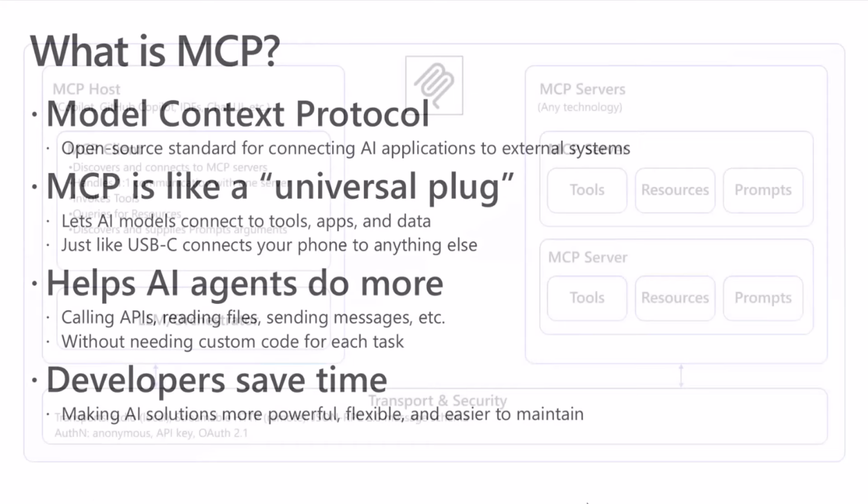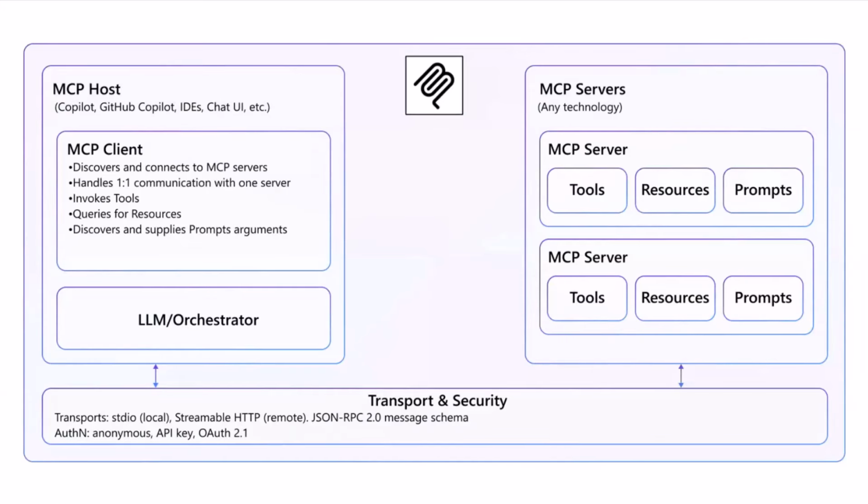How is it possible? Let me explain briefly the architecture of MCP. In the middle of the screen, you see the logo of MCP, which was introduced as an open source effort by a company called Anthropic. MCP is based on the idea of having an MCP server, which will be consumed by an MCP host through an MCP client. The MCP host is the application that relies on the MCP client to consume an MCP server. The MCP client is where we have the intelligence and the knowledge about what the MCP server offers,